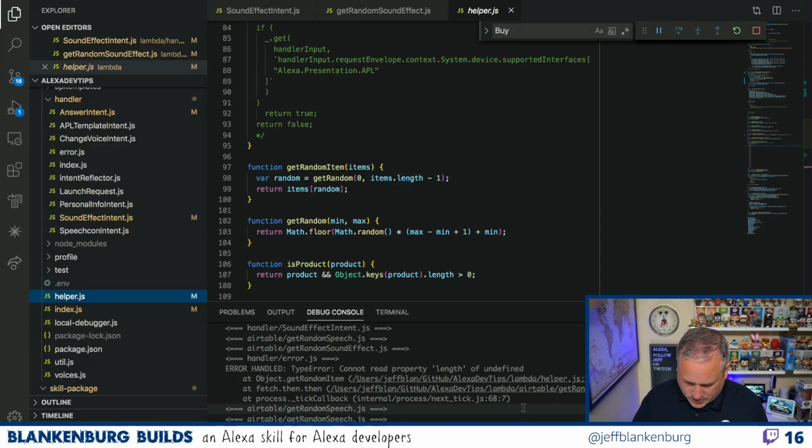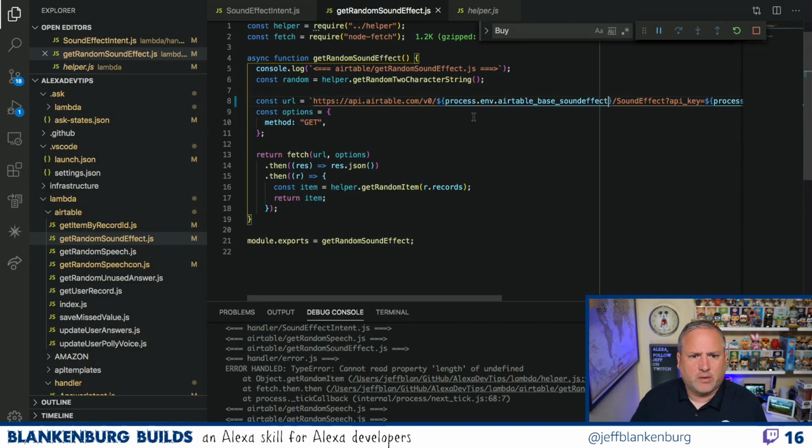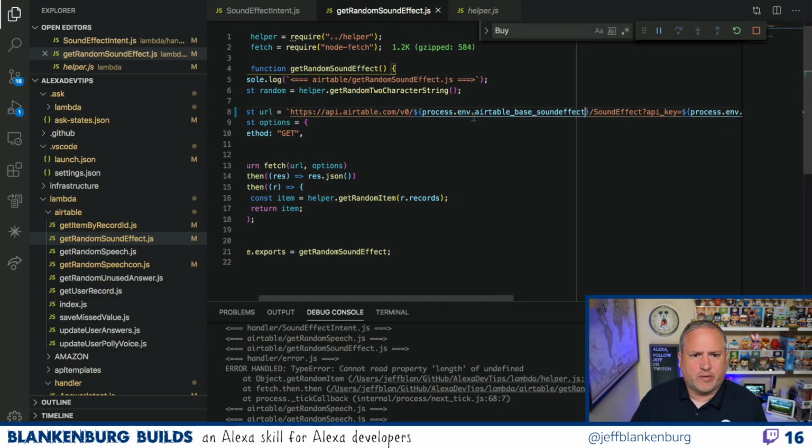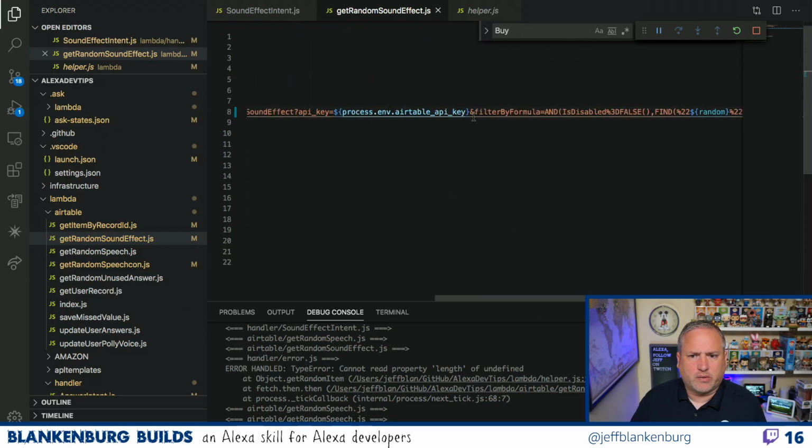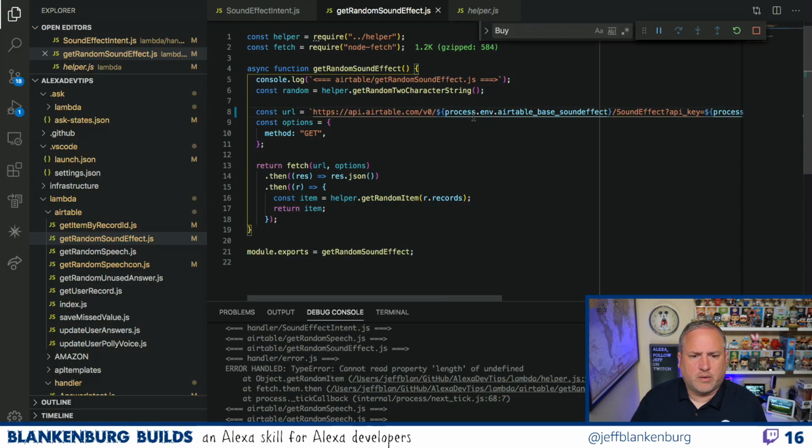Well, we got get random sound effect, and then we blew up. So let's go look at get random sound effect and see what I did wrong. Airtable base sound effect. That all looks good. What could be the problem here? It's still not working.